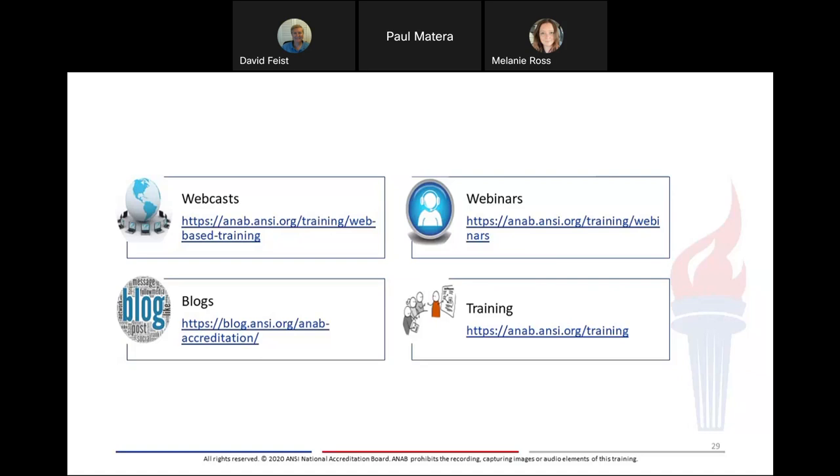And we also offer training on each of these items. We don't specifically give one on how to fill out checklists, but we do give training on introduction to each of the standards, on internal auditing to the standards, on calculation of measurement uncertainty, and on proficiency testing. All of those types of items are out there.